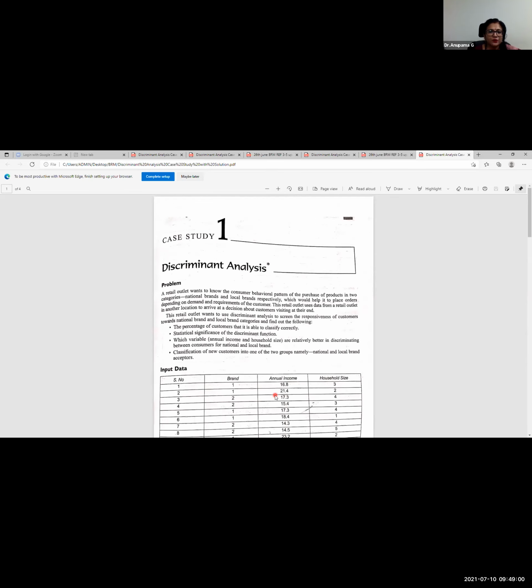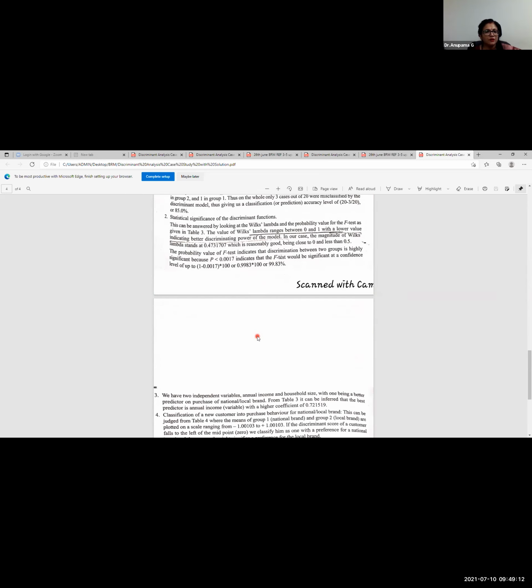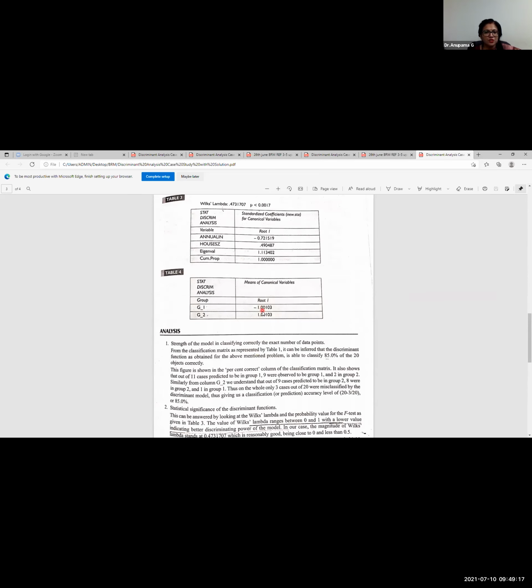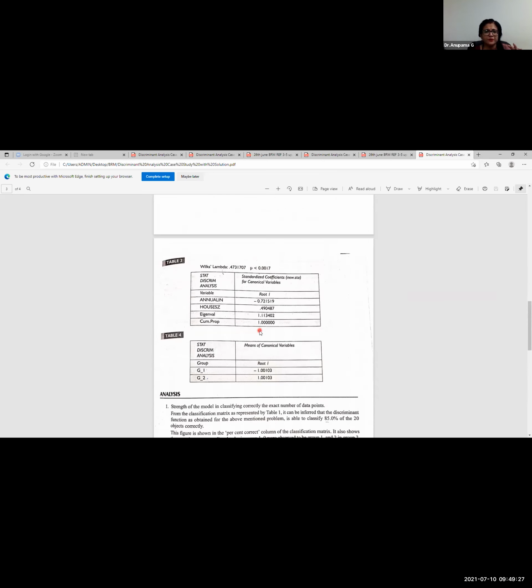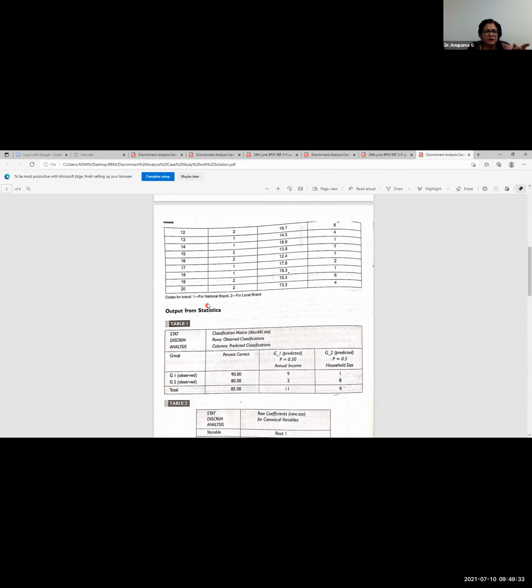And here, what is 1 and 2 for categorization? It has been given in the case study. Categories for the brands. Code 1 is national brand. Code 2 is local brand. So when you get the score of Y from this equation, and then you go back and see the scores from this statistical discriminant analysis score table 4. If it is grouped into first group, there is a meaning. Group 2, there is a meaning. So what is group 1? Group 1 was coded national brand. It's there in the screen. And 2 is for local brands.